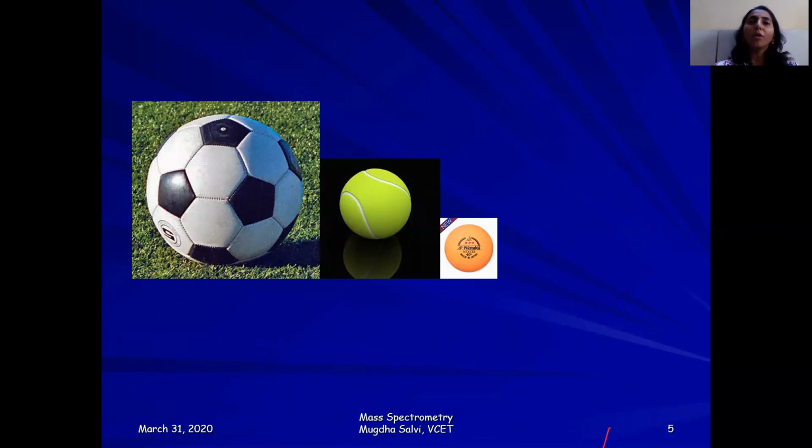Obviously, if I'm throwing all three at a time, standing at position 0, I'm throwing them with the same velocity. I'm applying the same force to throw them. But because of their weight, they will either fall early or they'll fall farther. The one which is heavy will fall closer. The one which is light will be carried forward.